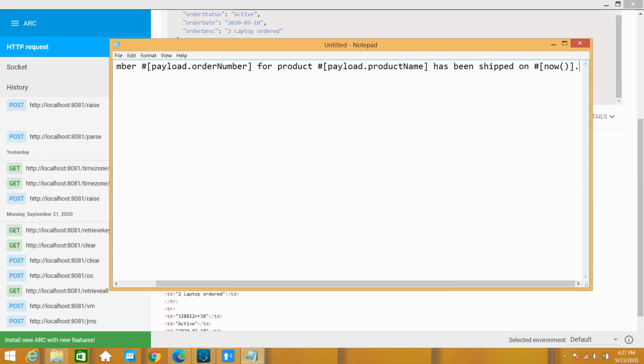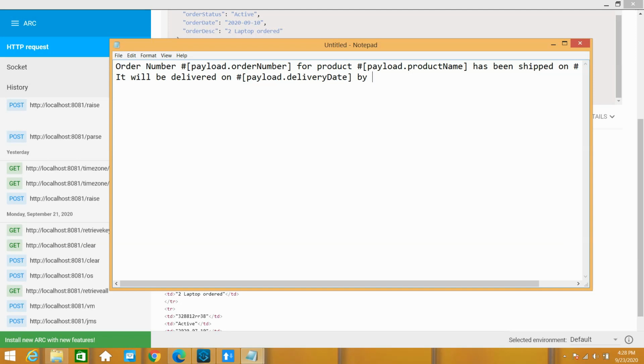Then I can say it will be delivered by, I can say hash payload dot, it will be delivered on delivery date by